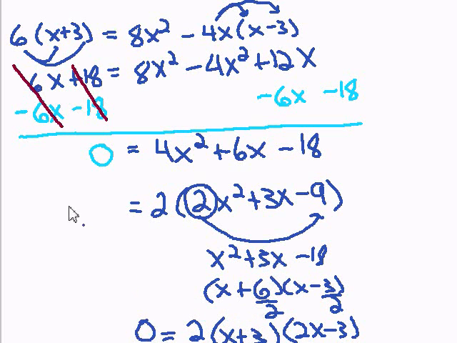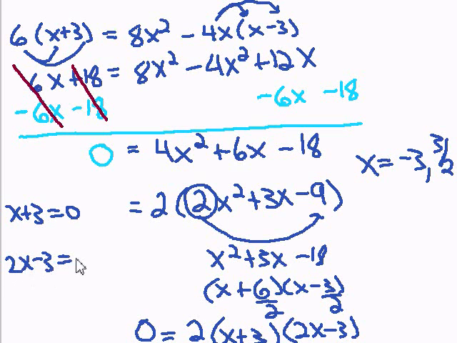In order to solve this, I set each factor equal to 0, and I get x is equal to negative 3, and x is equal to 3 halves. Again, I solve each factor by setting each factor equal to 0. x plus 3 equal to 0, 2x minus 3 equal to 0, and I solve those factors. You might have said, what about the 2? If I make the 2 equal to 0, the 2 right here, notice 2 never equals 0, so it is not a solution. Our last and final step is to check our solutions to make sure they don't make the